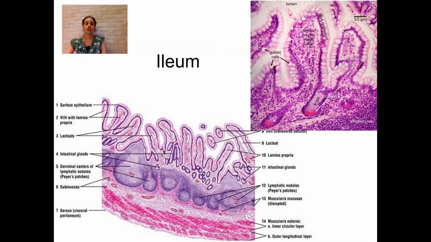So here you can see this is an H&E staining of the ileum. Very easy to identify. You will be seeing the lymphoid follicles, very big lymphoid follicles in the lamina propria and submucosa. Okay, and you can see here lots of goblet cells. Can you see many pale colored cells over here? So the number of goblet cells increases as it goes to the ileum part. Okay, because there should be more and more production of mucus for lubrication and for protection.